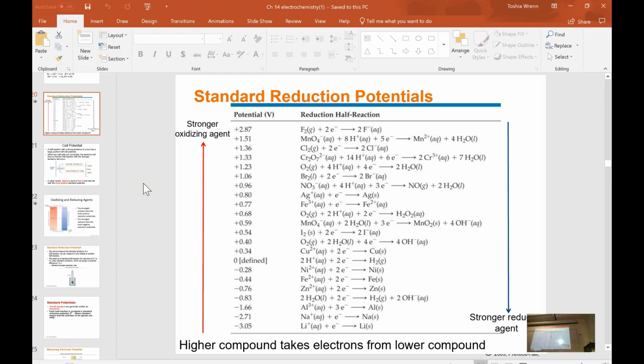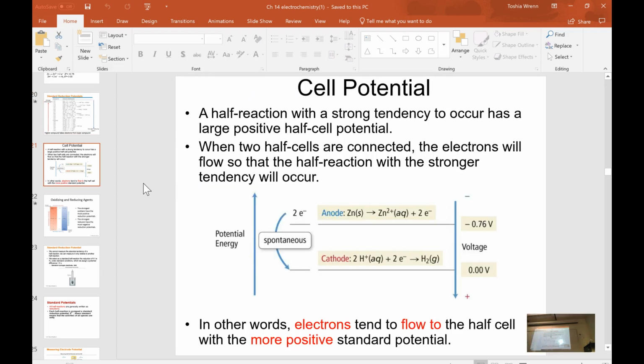So, the main concept to get from this is this idea that your electrons are going to flow from higher electrical potential to a lower electrical potential. Now, they're lower on the chart and they have a more negative potential. What does this mean? Well, it means that those electrons would prefer to get away from there and move to that positive side, which means the potential energy tendency is the exact opposite of the voltage. So electrons will flow to the more positive standard electrical potential because they want to create a cell potential that